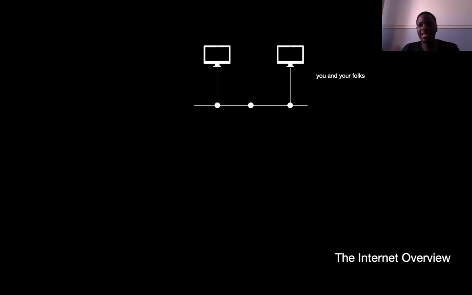Now, say this is you, seated in your office or in your home, on your computer or on your phone. So this is just you and your folks. What you have right now is a simple network. You want to communicate with your friend, as in you simply want to share information with the person. Probably you want to send a file from your system to another person's system, right? So that's just both of you right there.